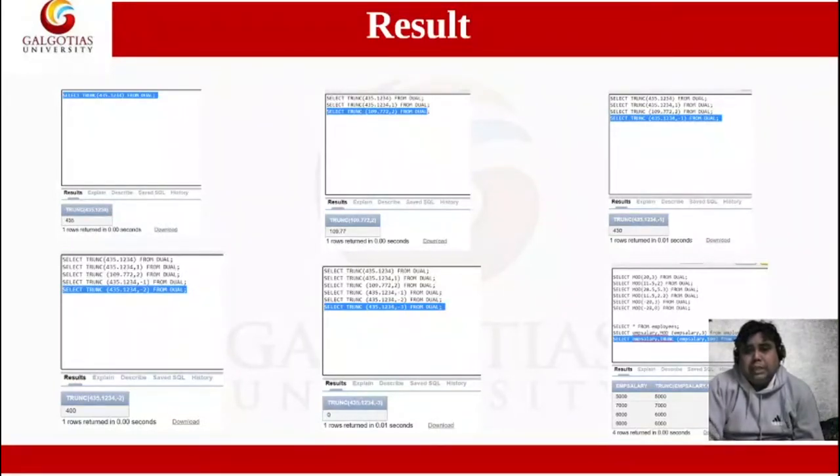Now see the second example. If I want to truncate 109.7722, how will we use this? Select trunc(109.7722, 2) from dual. Now what will be the output?